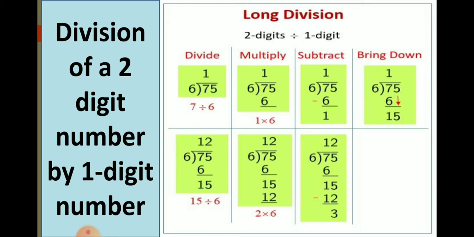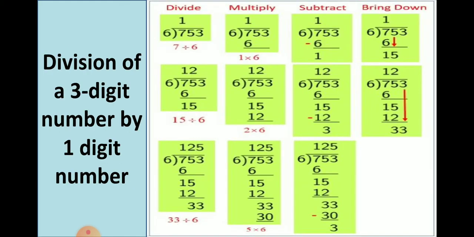Now we will find the multiple of 6 that should be either equal to 7 or less than 7. So 6 1s are 6 and we will subtract 6 from 7 and we will be left with 1. Now we will bring down the second digit from the left, that is 5. We have got 15. Again we will see the multiple of 6 that should be either equal to 15 or less than 15. So we know 6 2s are 12. So we will take 2 times and write it at the top and below we will write 12. Now when we subtract 12 from 15, we will be left with remainder 3. You can see here your quotient is 12 and your remainder is 3.